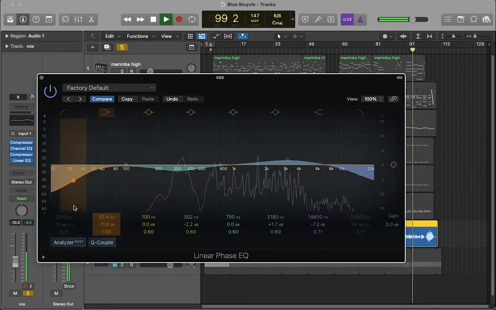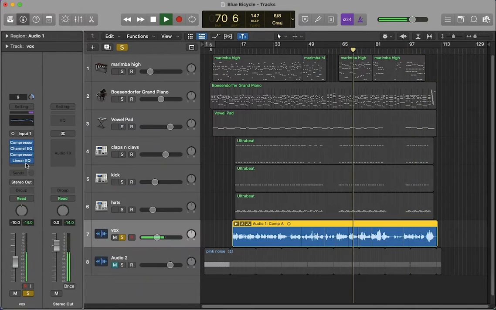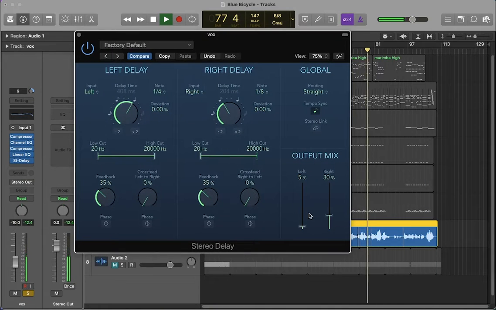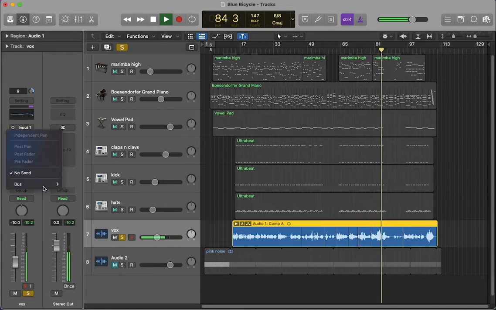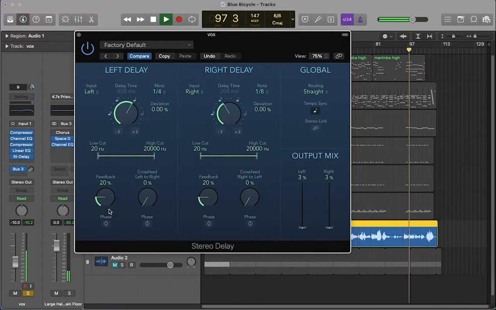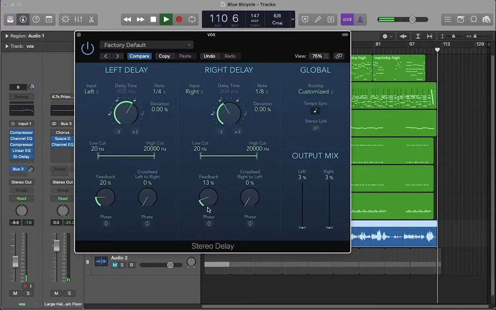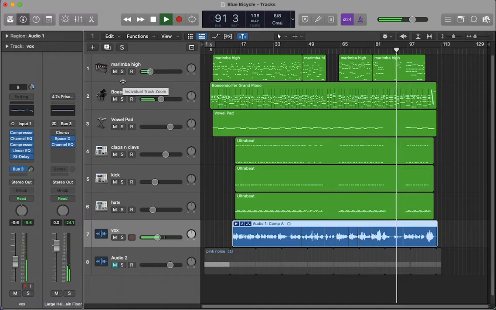And then I compressed it, which essentially means I took the super high stuff and made it quieter, and I took the super quiet stuff and I made it louder. So it is more balanced from beginning to end than it was before. And then finally, I added a little bit of reverb, that is that echoing room sound that you don't get when you record in a microphone. And I added just a tiny bit of a delay, which is essentially just